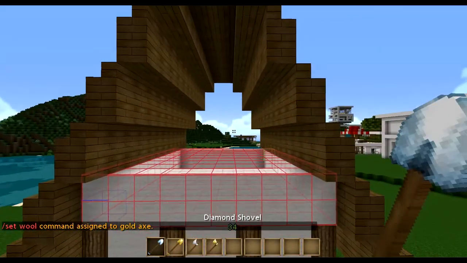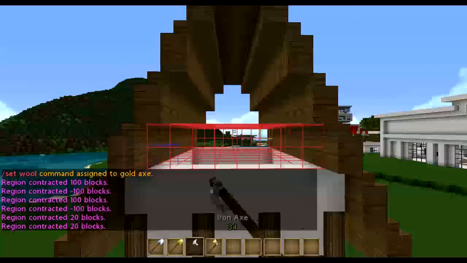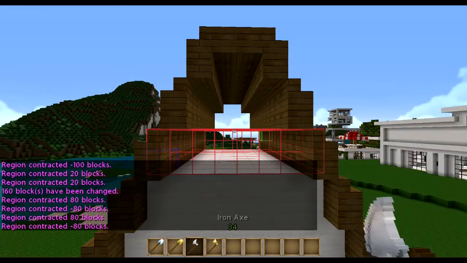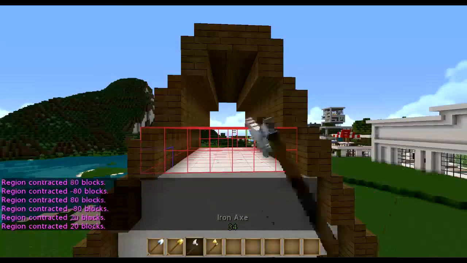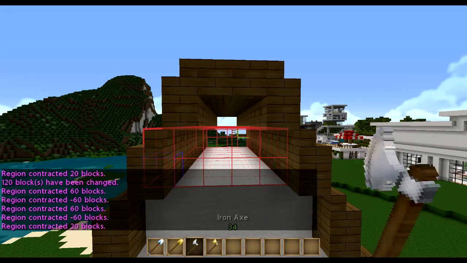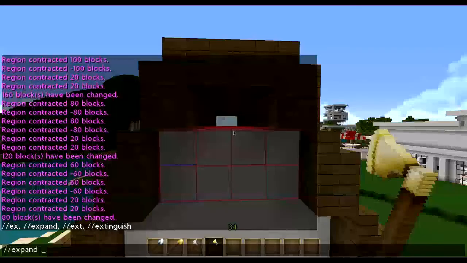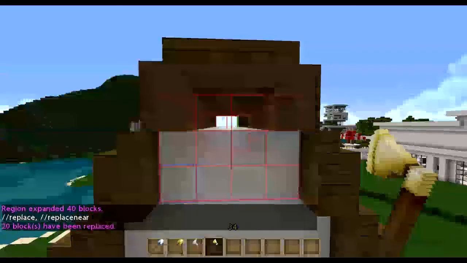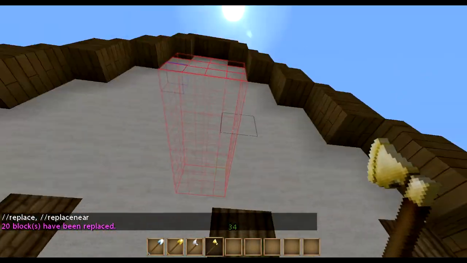Okay, so let's bring this up, and then bring this in, then set the wool. Bring this up, bring this in, bring this in, set the wool. Bring it in, set the wool. Okay, and now just expand it 1 up. Then we're going to do replace 0 wool. 0 is air. So now that we have that, now we need to extend our bracers up,